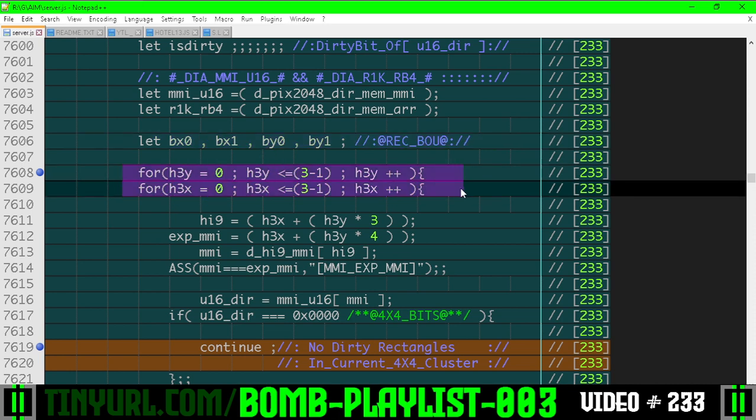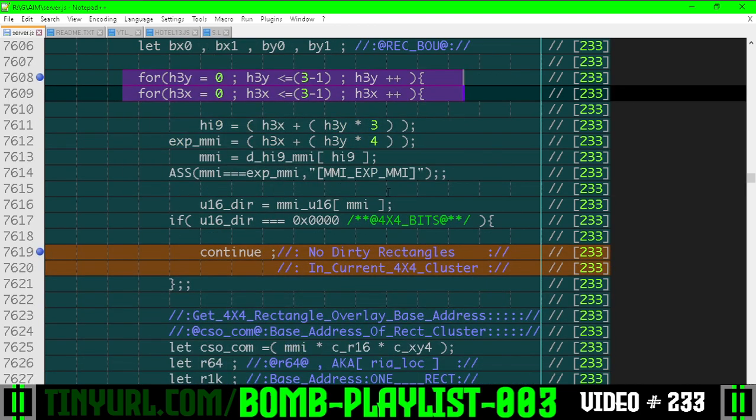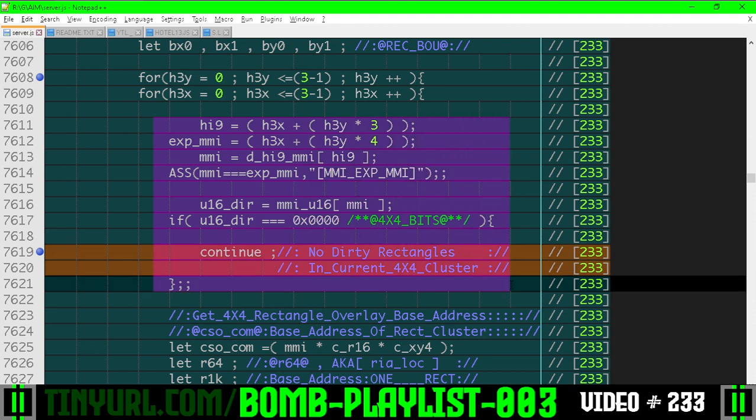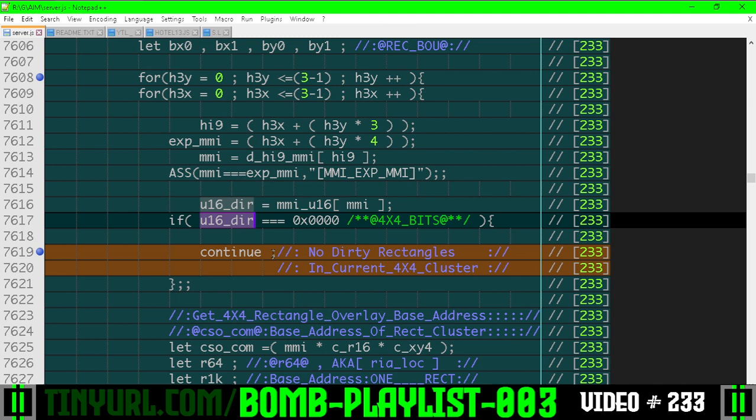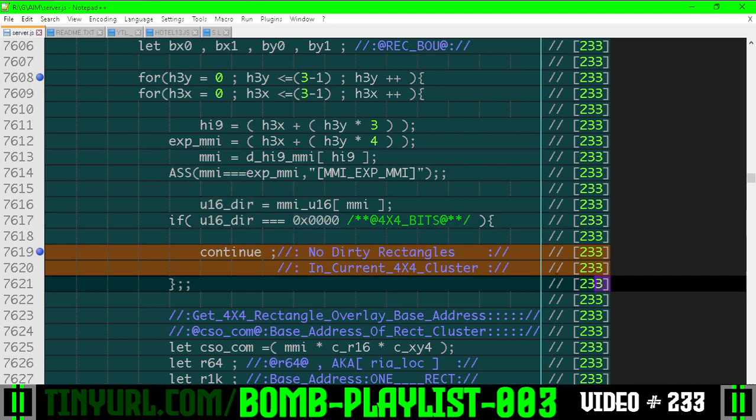We're going to loop through every single hotel cell on the master memory. And then we need to get whether or not the current rectangle cluster has any dirty rectangles. This value right here is a bit flag that is going to tell us for that set of 4x4 rectangles over one master memory cell, which one of those are dirty. And if it's completely 0 bits, that means none of them are dirty, and we should just skip this loop